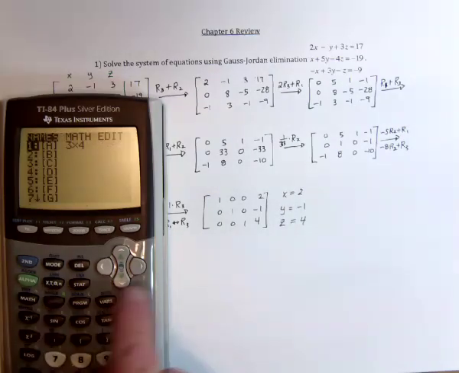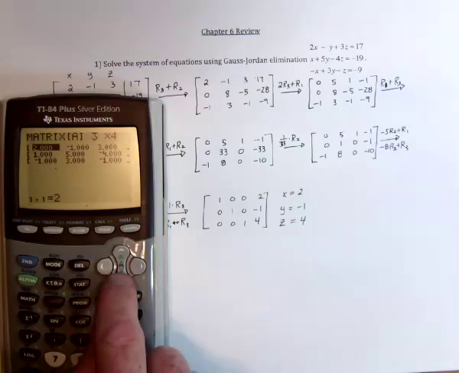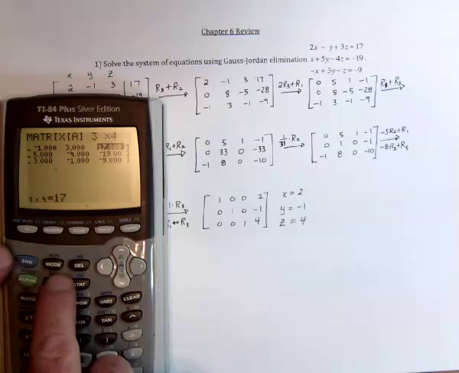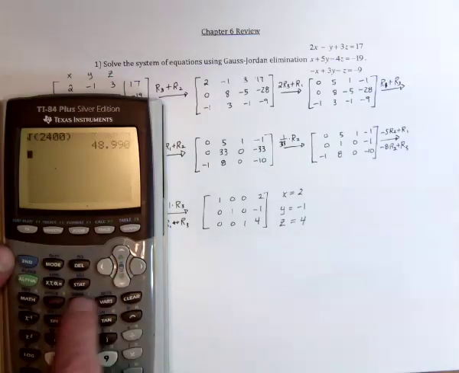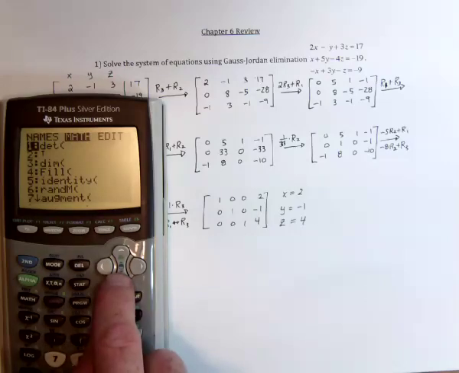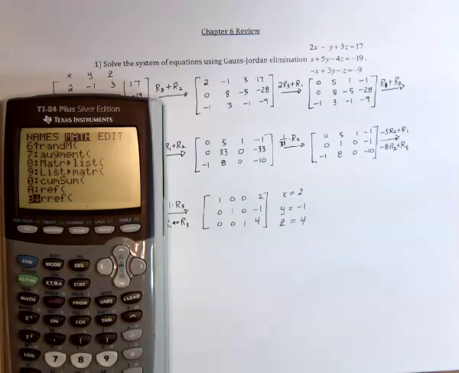So go to Matrix, go over to Edit, and I've already got the information typed in, so it's a 3 by 4 system of equations. There's the 17, negative 19, negative 9. Then quit and go back into Matrix, and under Math, there's reduced row echelon form. So in other words, the calculator is going to do the exact same thing that we just did. Maybe not in the same order, but